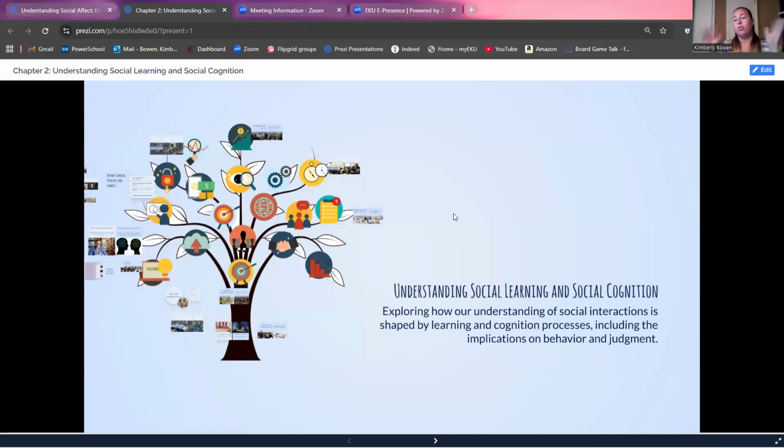All right. So this whole chapter was about social learning and social cognition. So we're talking about how we learn things through watching other people, maybe, or through reading a book, or through our parents teaching us. There are all sorts of different ways we learn things in society. And we're going to talk about some of these things and some terms. There's going to be a lot of terms in this chapter, so I apologize for that.